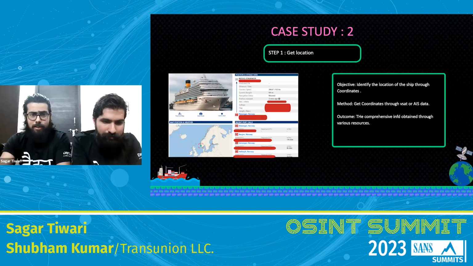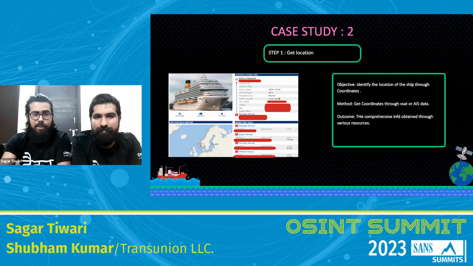From the acquired AIS data, we can see that we have also got the IMO number, MMSI number, radio call signs, flag, recent port call, as well as the dimensions. Well, these facets and little pieces of information are quite important. Why? Because from the perspective of an OSINT analyst, he or she can correlate this data with publicly available records like ship schedules, news media reports, as well as social media posts. And then he or she can use it for the further course of the investigation.